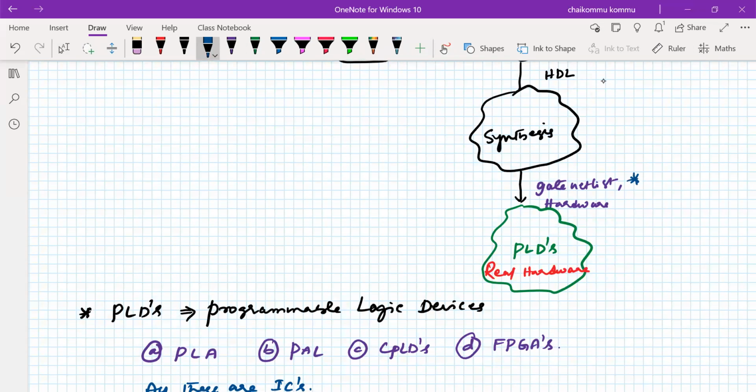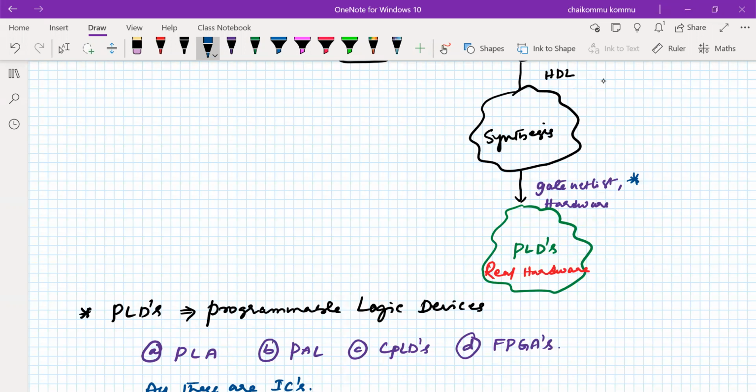After the synthesizing is completed, what do we mean by synthesis? Whatever your idea is, that is translated into the associated PLD technology. So it converts the actual design, the actual idea, into realizable code or realizable hardware on a particular PLD. For example, if you have a PLA available, the synthesis tool will develop the hardware related to the PLA, so it will generate the information related to the PLA hardware.